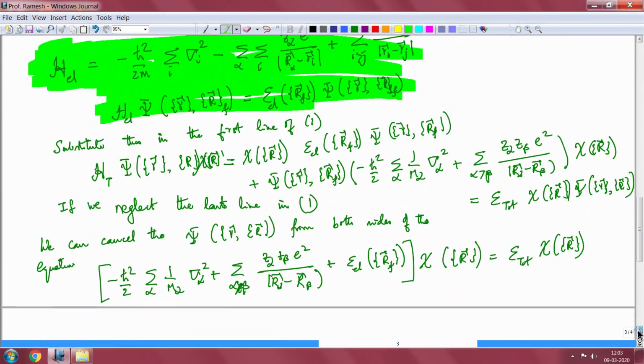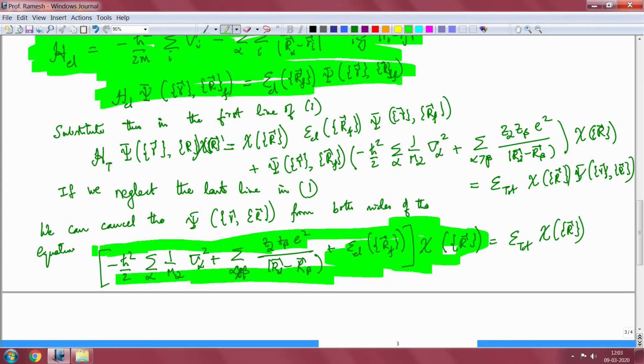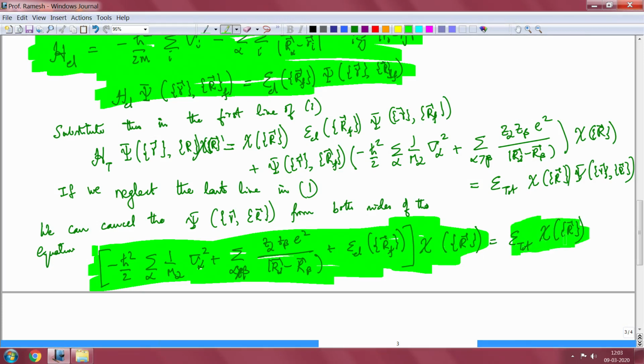which is for fixed nuclear coordinates, and then I have the total system or the total Hamiltonian, which is approximated and which is given by this, which depends upon the electronic state parametrically. That is, I have to get this term from solving the electronic part of the Hamiltonian, substitute it here and then calculate the vibrational energy levels.